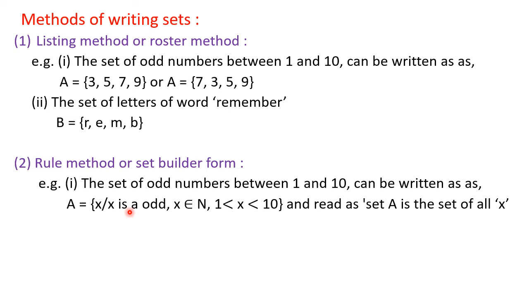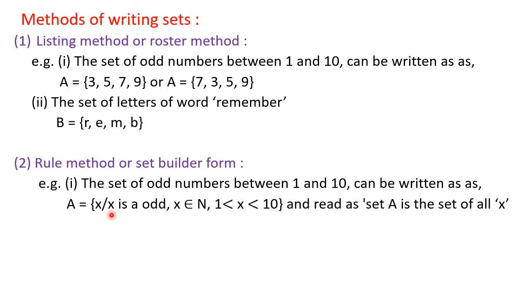Okay, so these properties can be 1, 2, 3. Now here what we can see is there are 3 properties. First of all, they are odd, then they are between 1 to 10, which means they are natural numbers, and also the boundaries are given. So we have to write down 3 different properties, 3 different rules here.